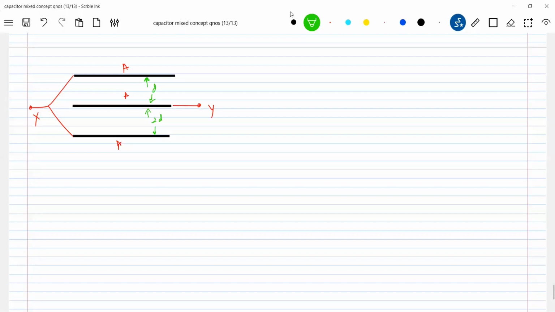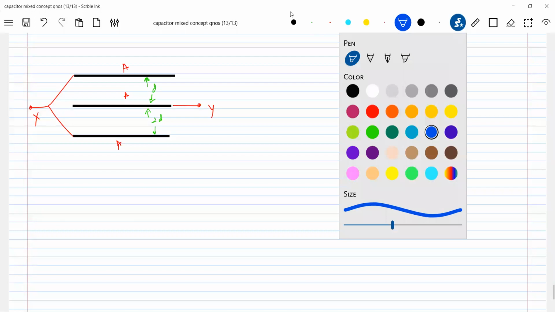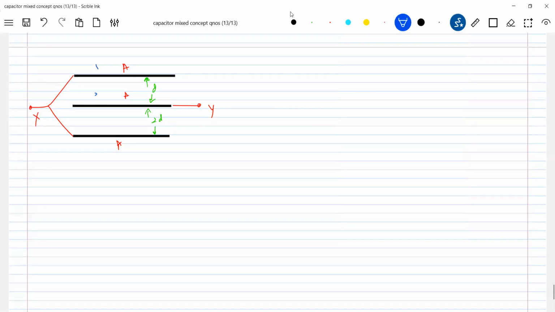Don't go for Gauss law. You'll be in big trouble. Just construct a system. How many plates are there? Give numbers to the plates, number them. So this will be 1, 2, 3. This is X. From X to plate 1, between 1 and 2 there will be a capacitance, no? So you write 2. And from 2, what happened? It goes to Y.